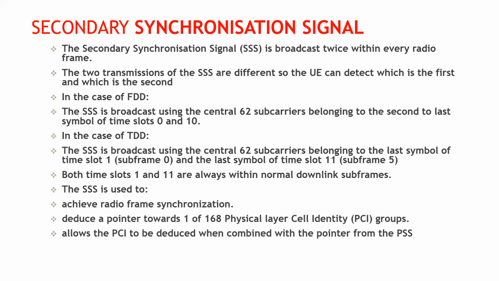The secondary synchronization signal will be broadcast twice within every radio frame, but here the 2 transmissions of the secondary synchronization signal are different. But in case of PSS, it is the same. In every frame it is transmitted twice in PSS, at the same symbol in the same slot. But here the 2 transmissions are different, so the user equipment will be able to detect which is the first SSS and which one is the second one. In case of FDD, the secondary synchronization signal is broadcast using the